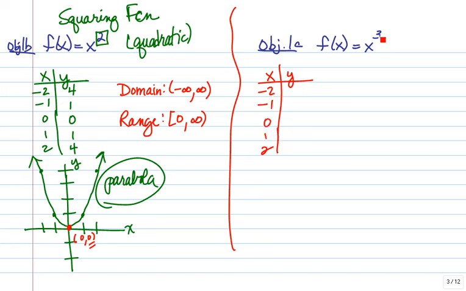Just be careful for signs. When you cube a negative 2, you get a negative 8. When you cube negative 1, you get negative 1. Cubing 0 gives you 0. Cubing 1 is 1, and 2 cubed is 8. So looking at the graph of this,